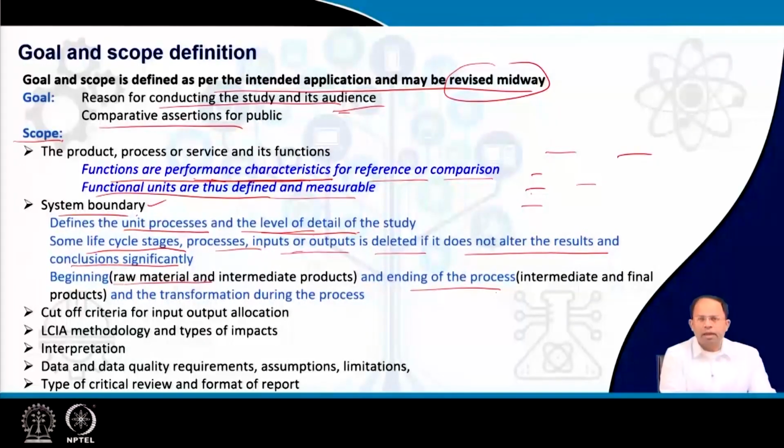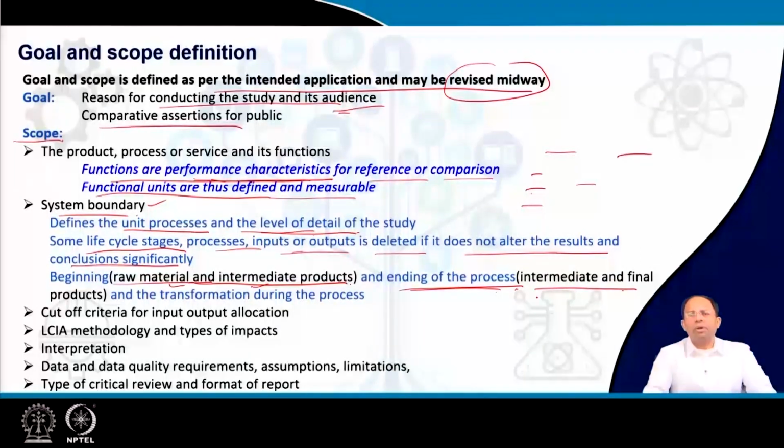Where is the beginning? So the raw materials and intermediate products for each process or product that we are evaluating, some of them could be considered, some of them can be ignored. And similarly for the ending of the process, for example, once the waste is discarded,